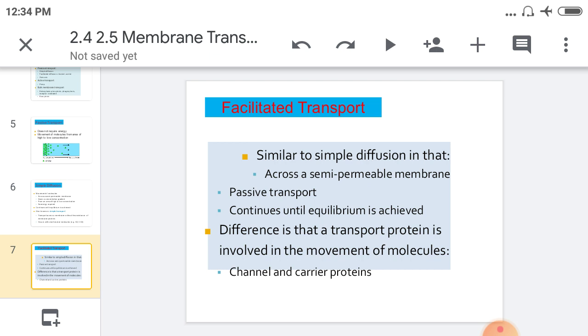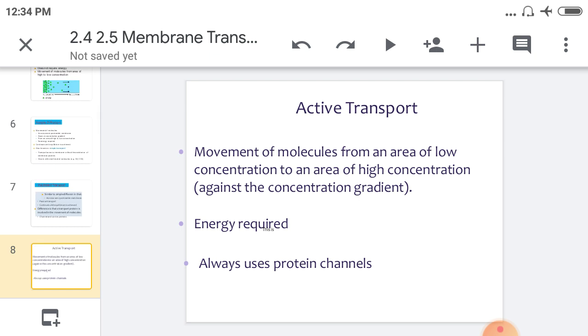These proteins are globular proteins with low molecular weight and they have a specific size for a specific molecule. They form a carrier protein and receptor molecule complex and transport the molecule from the outer side to the inner side. This is very important about passive transportation, that is simple diffusion and facilitated diffusion. Then going toward active transportation. What happens in active transportation? In active transportation, energy is used in the form of ATP.